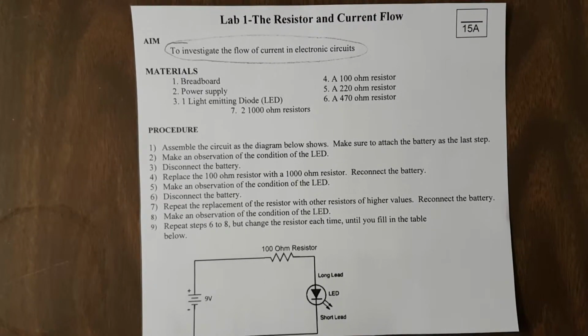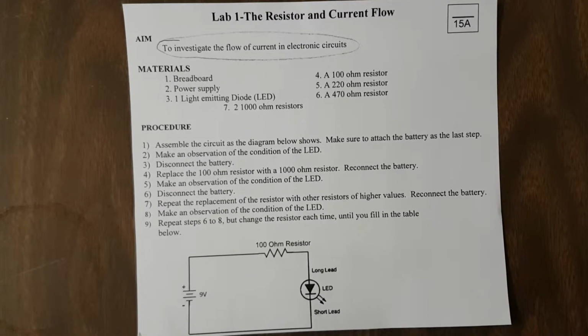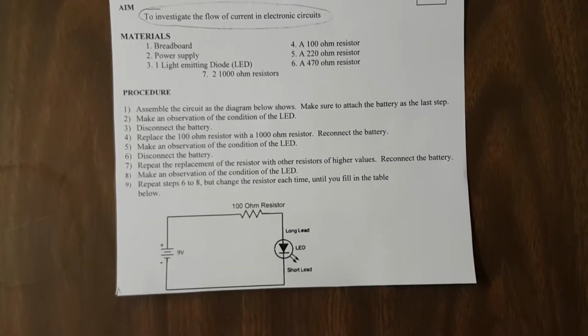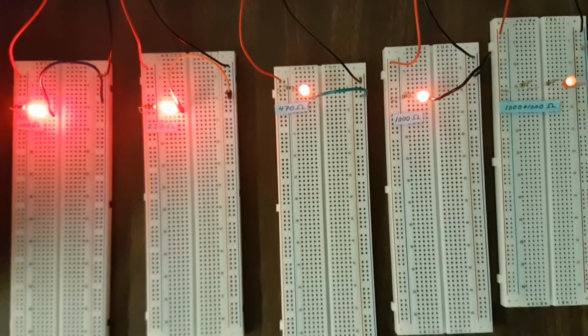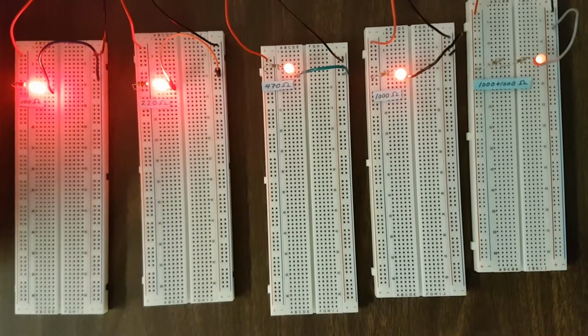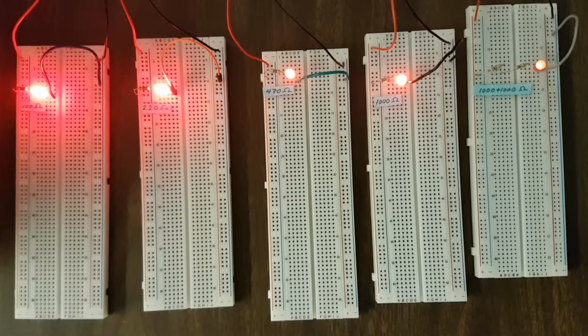Lab number 1, the very first one we do in the electronics unit, is the lab where we learn about resistors. We're learning a lot more than just resistors. We're also learning how to wire up our different connections. Here I have the 5 different resistors, the 5 different scenarios, all set up so you can compare them all